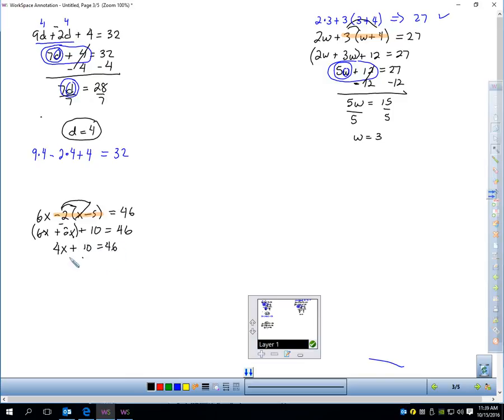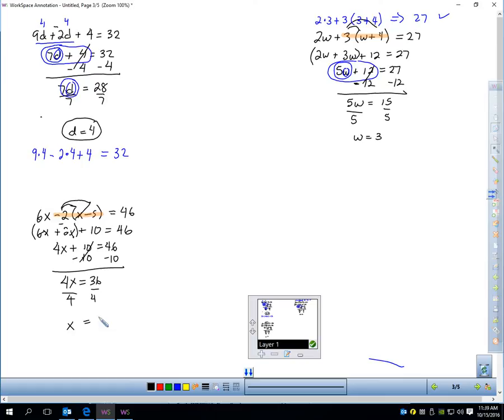I'm not going to draw the onion up right now, but can you picture it? X is the center of the onion. The times 4 is the next layer. The plus 10 is the outside layer of the onion. I have to take away 10 to get rid of plus 10 first. 4x would equal 36. I can then divide by 4 to get rid of the times 4, and x equals